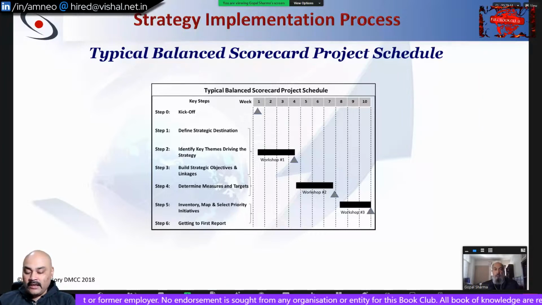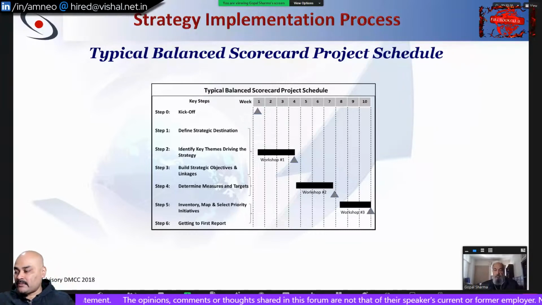They are given an instruction that, hey, Mr. Heads of departments, we have consultant XYZ, and he's going to be doing the strategy management for us. What people actually miss out is that the consultant will only be getting the information from yourself. They will not be the one who would be, because an organization is like an organism. So the consultant would not know what is going on in the organization, and of course at the end of